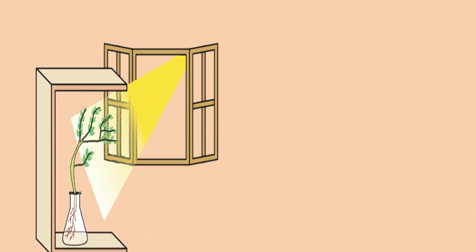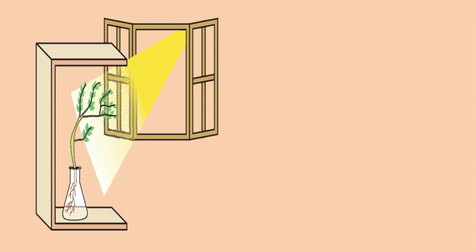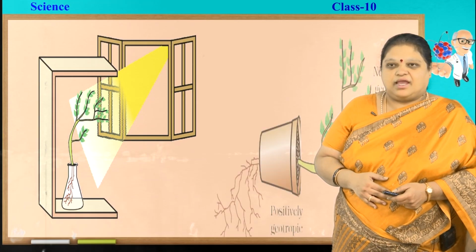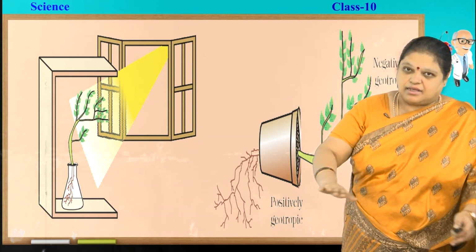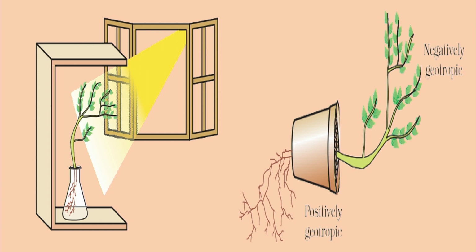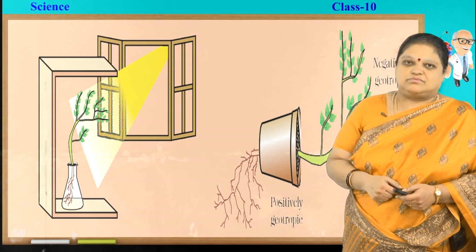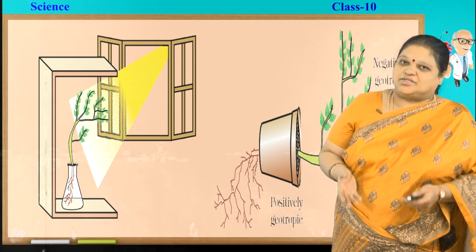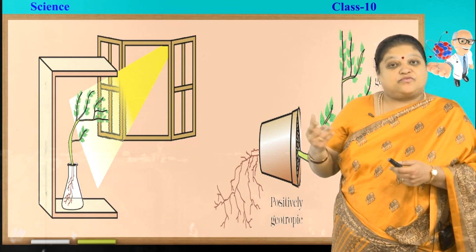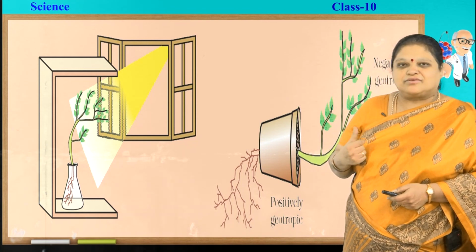Next, we will see another activity. Here you grow a plant. Keep the plant towards the light or window source. You can see the shoot system automatically growing towards the light. In another case, you take a potted plant and put it horizontally. Automatically you will see that the roots are coming down. The roots are coming down mainly because it is positive geotropism, negative phototropism. So, all this you can see.